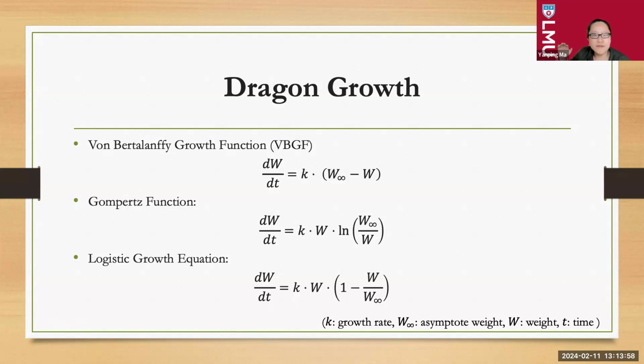So we find multiple ways to model growth. For example, the VBGF is particularly popular. The first one we have here is used in fisheries science for modeling the growth of individuals in a population over time. The second one is often used to describe the growth of tumors and certain animal populations. The last one is widely applied in ecology to describe how a population grows with the constraints of the environment. So we have a lot of options for the students to choose from and to argue with one another about what might be the best one, or they can just play with all of them. And so they can model the growth, the weight change of the dragon over time.